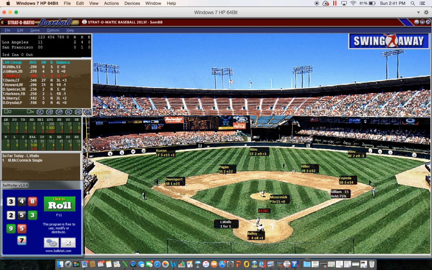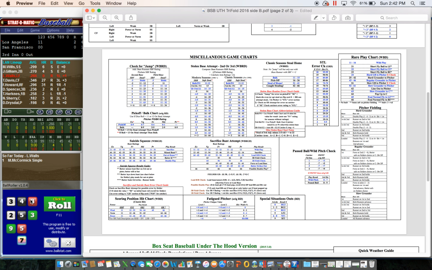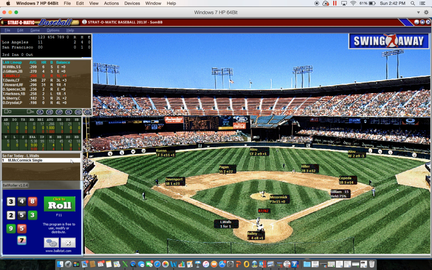Okay, stolen base chart versus Steele. Okay, here it is over here. He's at 2, so just a roll of 5 to 9; 0 to 9 would not be an error. The roll is, we can use this, the first roll, 34. So this is an error. 34, he's just a 2, so 34 falls up here. So that's too high a roll. So we have a stolen base and an error